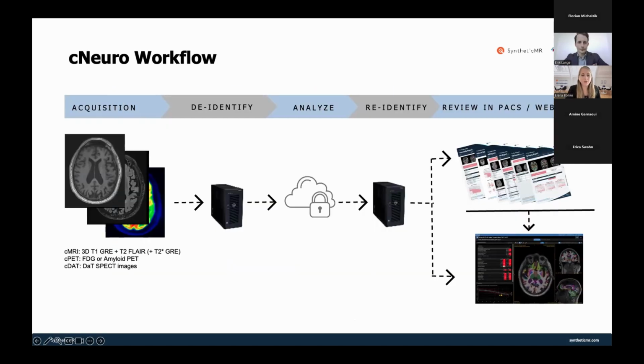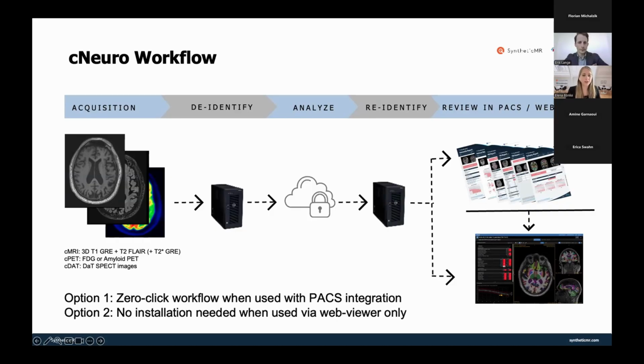Before presenting the 4 products that I just mentioned in a little bit more detail, I also want to give a brief overview of the workflow, so how you can use cNeuro. And there are basically 2 options. Option 1 is really a 0-click workflow when you have a PACS integration in place. So what we basically do is we install a so-called cNeuro gateway. It's a virtual machine